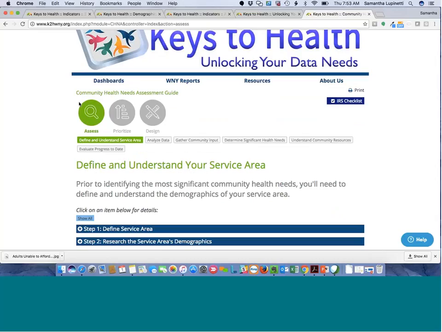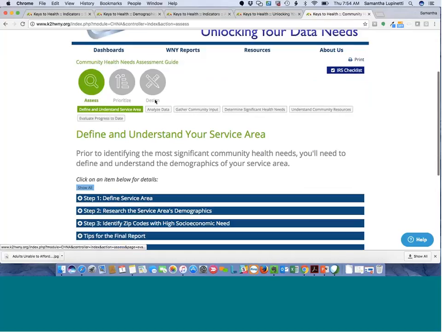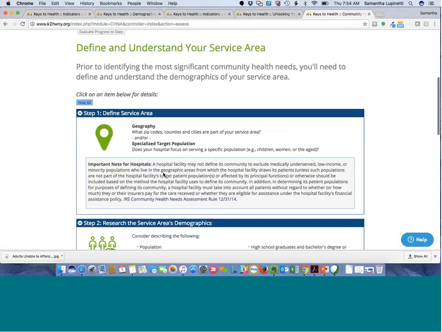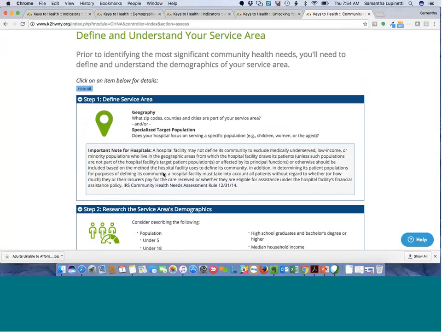So we've broken down the assessment process and the implementation strategy or improvement plan process into these 3 steps. So assess, prioritize, and design. I clicked on the first one. You see there's a series of steps. Within each of those steps, there's then a series of sub-steps. So I'm just going to expand all of these out, and it's going to walk you through, okay,